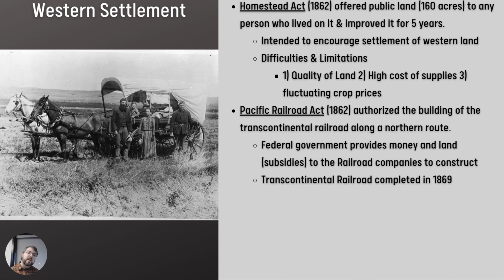Along with that, how did they get west? Well, back in the day, you had these caravans that would go out west. But as these caravans went out west, you also had, in conjunction with this, the building of the Transatlantic Railroad. Sorry, the Transcontinental Railroad. And this is a railroad, and actually several railroads become transcontinental, that crosses all the way from the East Coast all the way to the West Coast.